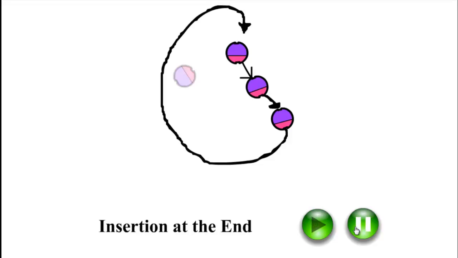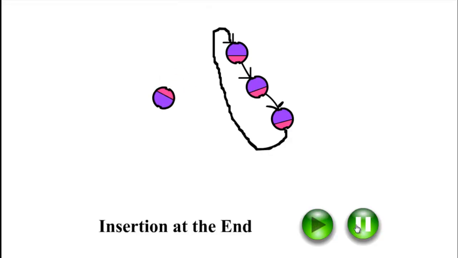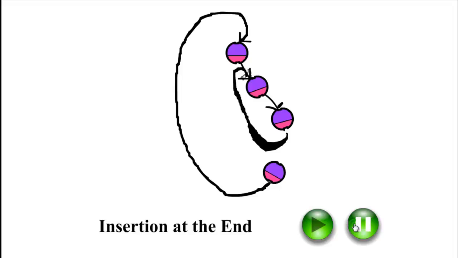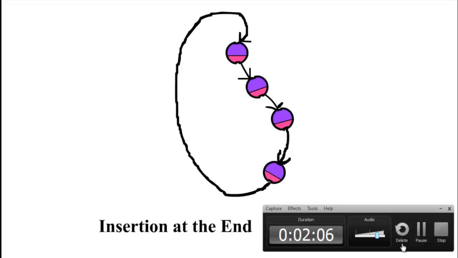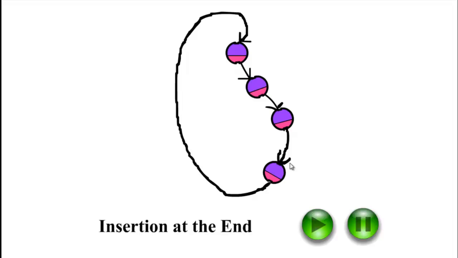Now in a similar way, when a fourth bead enters, it has to be connected at the end of the third bead. So we connect the end of the fourth bead to the top of the first bead, and at the same time the end of the third bead was connected to the top of the first bead. But then the end of the third bead is connected to the top of the fourth bead. This shows the connection between the third bead and the fourth bead. In a similar way, we will keep entering the beads till we complete our necklace.